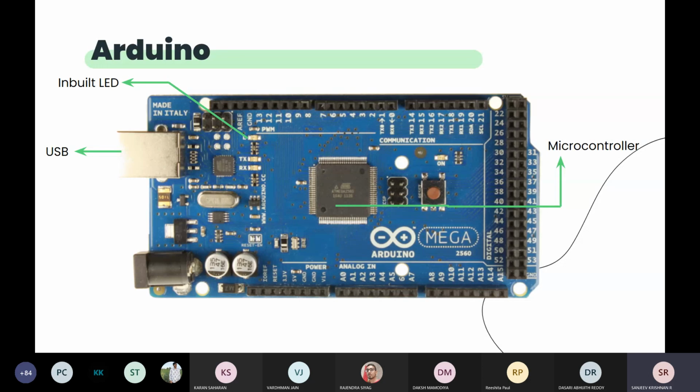And actuators convert the electrical signals into physical motions, mechanical energy, sound energy, or light energy. So your LED is an actuator, like it produces light energy. It takes a signal from Arduino and produces it as light energy. It's an actuator. A DC motor is an actuator. So this is what a sensor and actuator is.